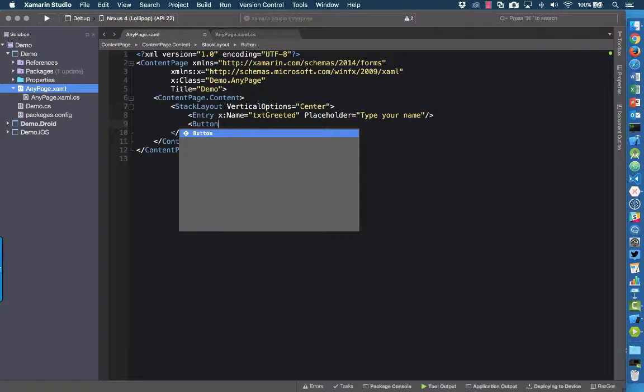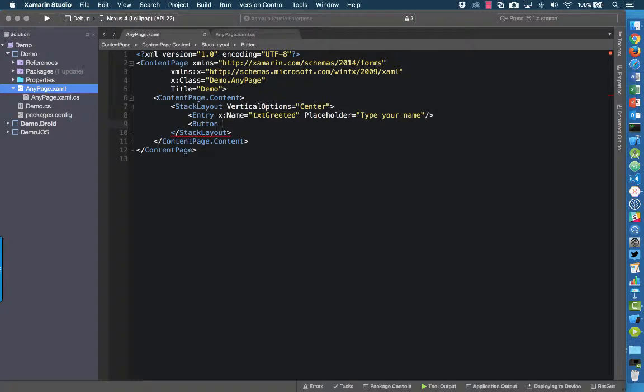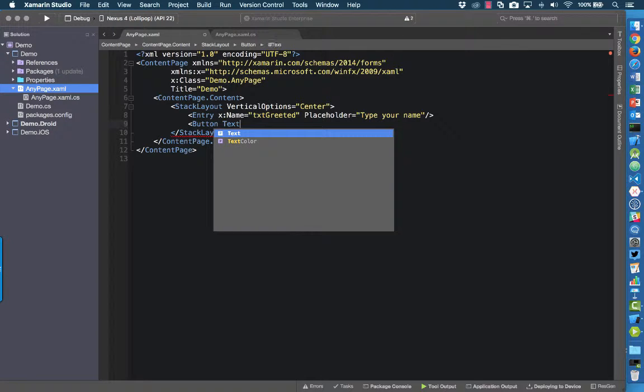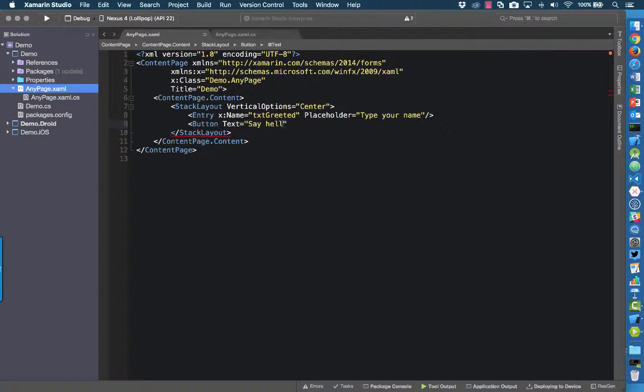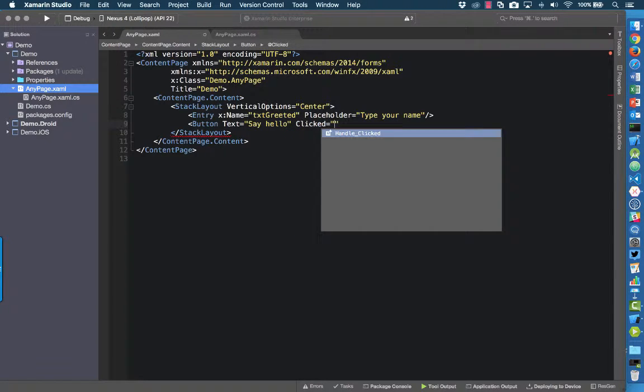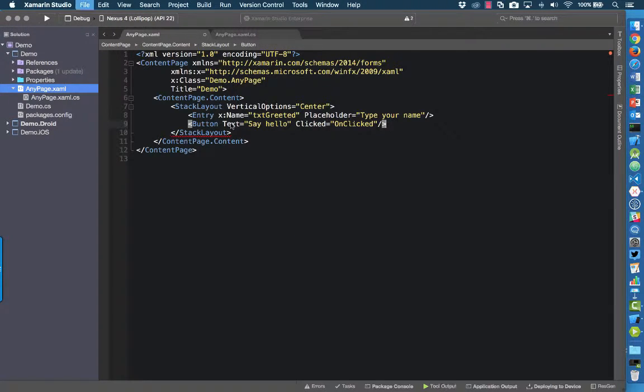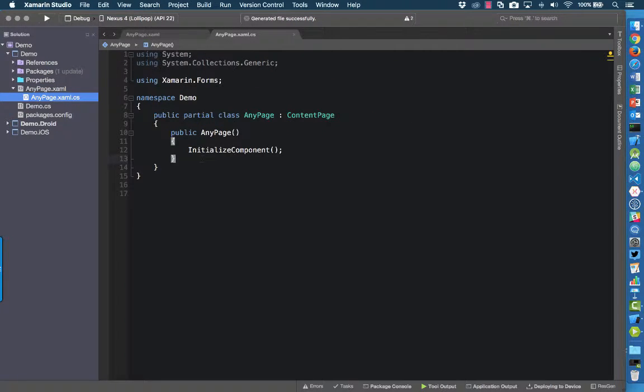And then I'm going to need a button. Now again, since we're in the stack layout here, it's going to put these one on top of each other. So I'll just give the button some text of, say, hello, and then I'll also set the clicked event handler to be OnClicked. Okay, now in the code behind file, what I'll be able to do is create a method called OnClicked,